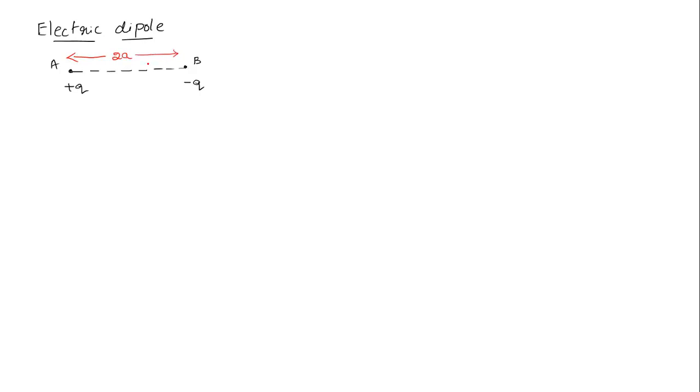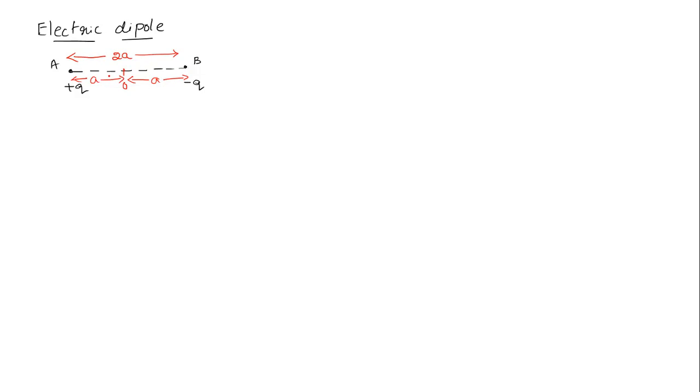The question will come to mind, sir, why can't we take just A? So why are you taking 2 times A? The simple reason is to avoid calculation, because we always calculate things afterwards. The distance from the center of the dipole, if I consider this as center O, this distance becomes how much? A. Because I have taken 2A, and this distance becomes again A. Total distance becomes 2A.